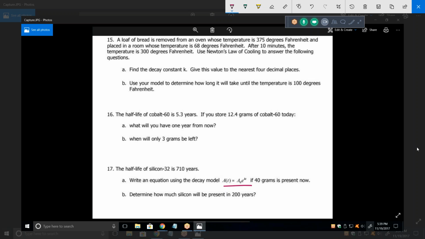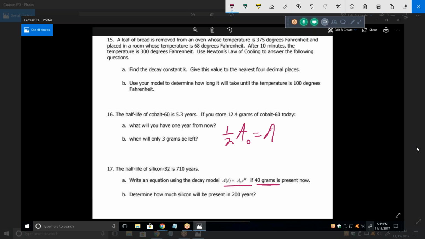I actually wish they wouldn't have given you that. You don't need that. In other words, that's kind of a cheat. You know why I'm saying that? I don't want to substitute 40 for A sub 0 and 20 for A sub t. I want to call this 1/2 A sub 0